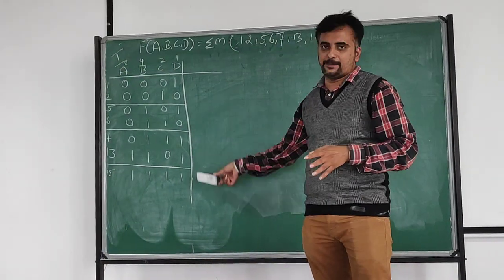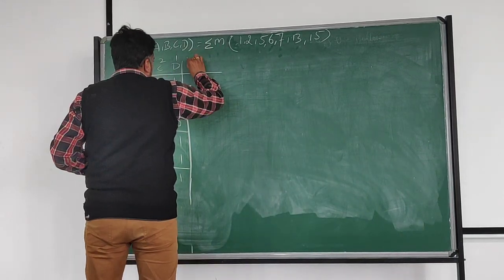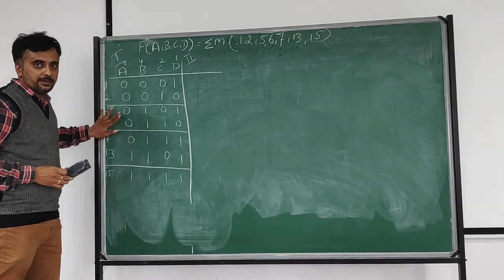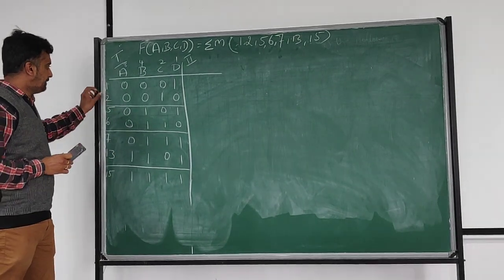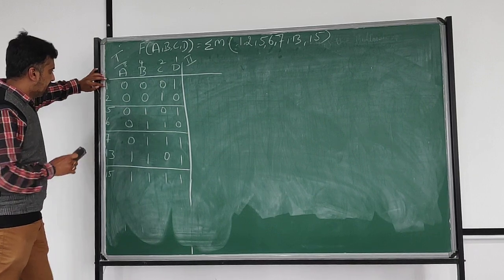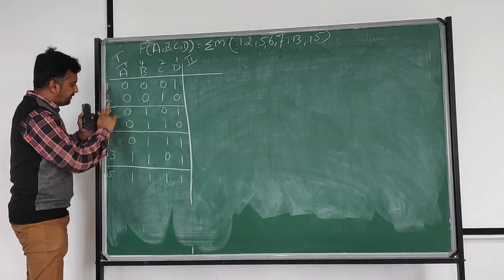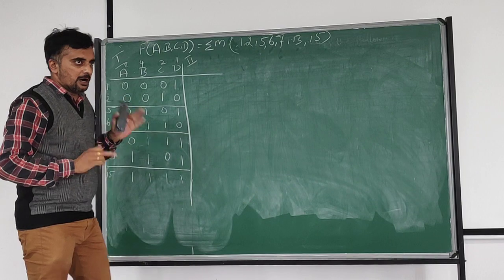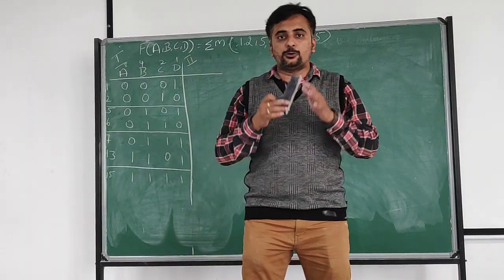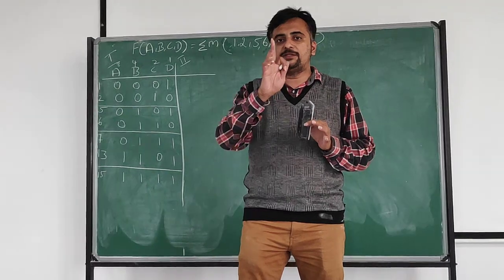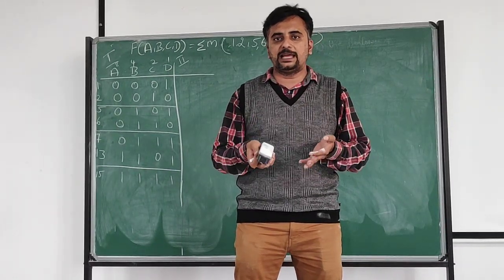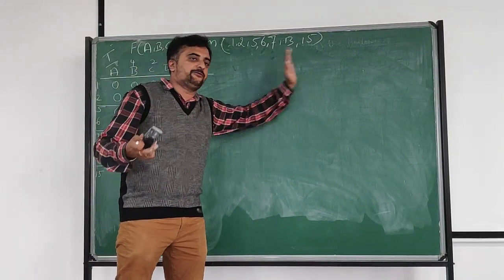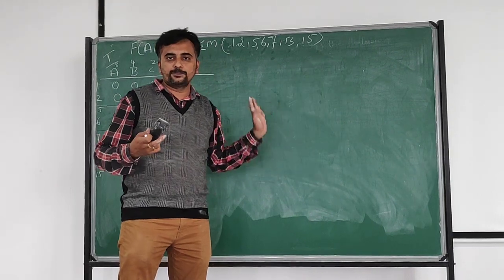After completion of the first step, move on to step 2. That is bit comparison between this column and this column. How will we compare? See here, 1 is there. You have to compare 1 with 5, 1 with 6, then 2 with 5, 2 with 6. After comparison, you have to check whether the value has a single dash or not. In step 2, we identify single dashes. In step 3, we identify double dashes. In step 4, triple dashes, and so on. Like that, we solve the tabular method.